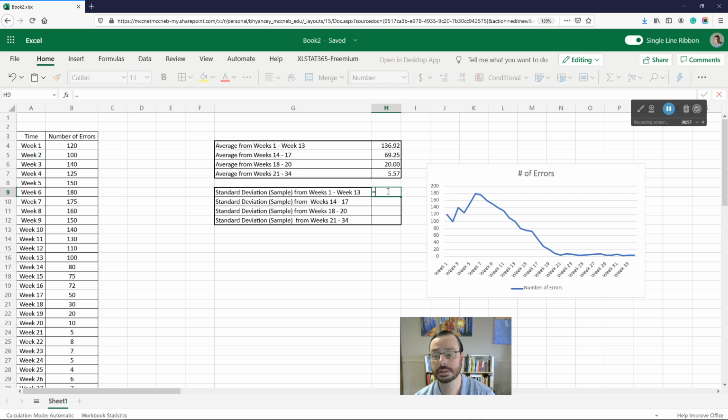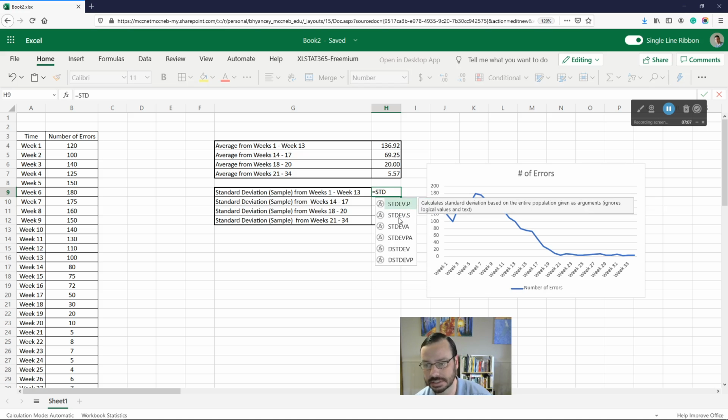So standard deviation is different because it's equals STD. And then you get 1, 2, 3, 4, 5, 6 different options that pop up. And there's a lot of different types of standard deviations that you can look at in business statistics, right? I would say these first 2 are probably the most important. For our purposes in the problem assigned, you're going to be looking at standard deviation of a sample, which is